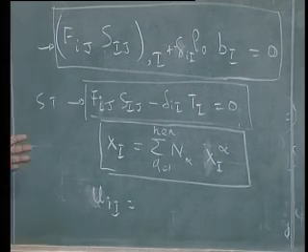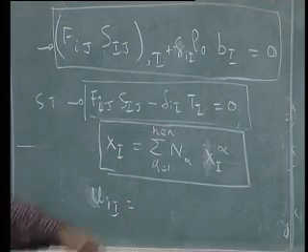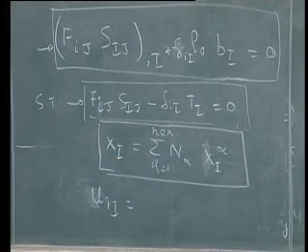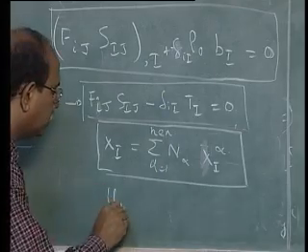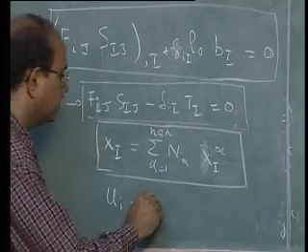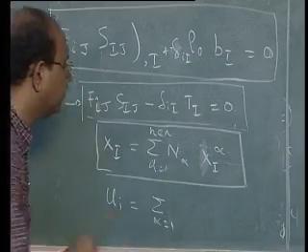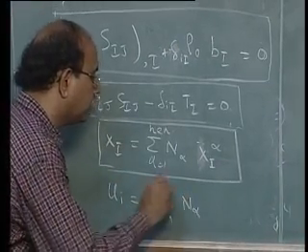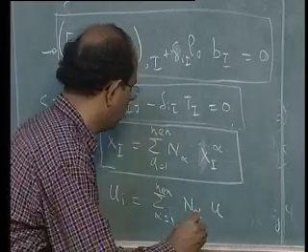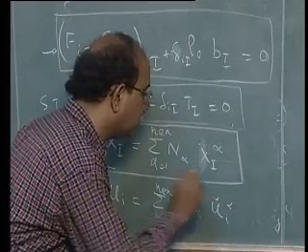Ui, because Ui will also be again written in terms of the same thing. So let me write down that. Say Ui is equal to sigma alpha is equal to 1 to n, N alpha, Ui alpha,